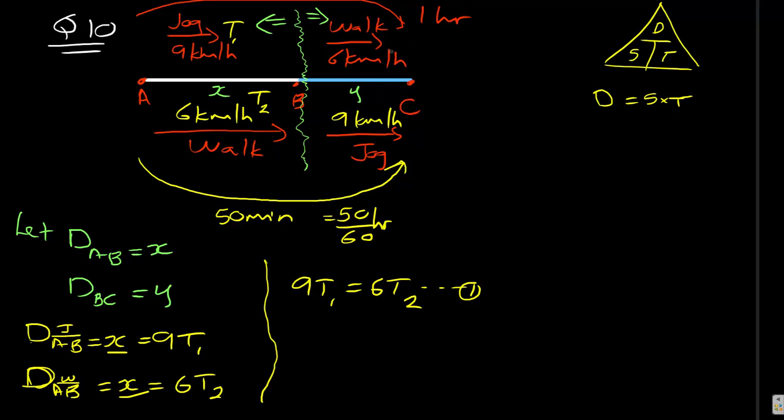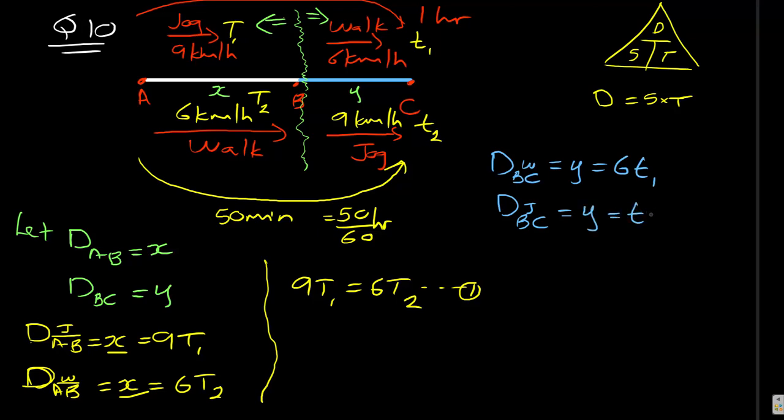Let's call the distance y, and the time we call small t1, and here we call it small t2. So using the same scenario, I'll say distance BC, but this time on top is walking, remember, is equal to y, which is equal to 6 small t1, and distance BC. Now in this BC, what is it doing? He's jogging. I know it's not the way to present it, but I'm just trying to make it make sense. Jogging is equal to the same distance, which is 6. Actually it's 6